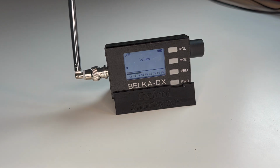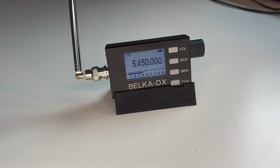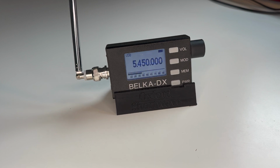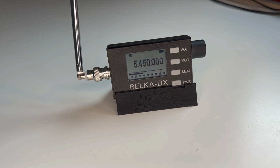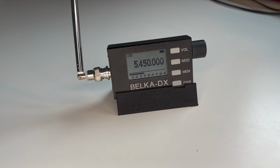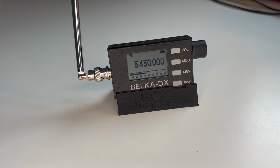Hi everyone. So the next receiver on my list of those that either could have or should have made the cut to be considered one of the best ever is the original Belka DX. I've got nothing bad to say about this radio for what it cost, given that it was designed and manufactured in low quantities compared to Sony, a global multinational conglomerate that designed and built a number of small shortwave receivers,